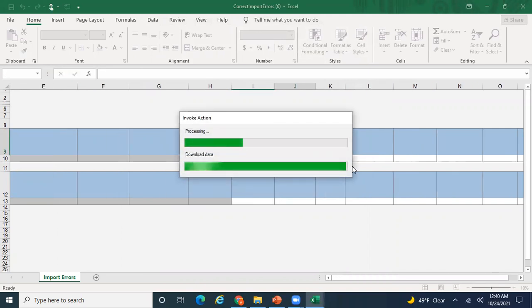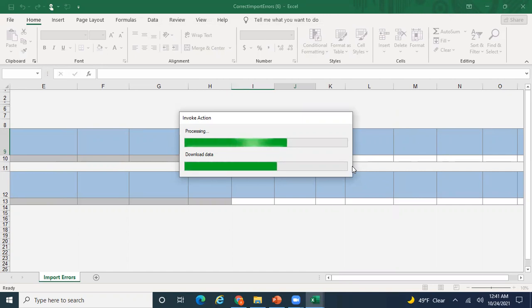Now it is trying to connect to the Oracle environment and download the AP interface import errors. This particular template is for downloading the data available in the interface table, correcting the data, and then importing the data into Oracle. I'll not get into the details of how to correct the data, because the focus of the current video is to show you the steps involved in installing the ADFDI as well as the Excel setup.